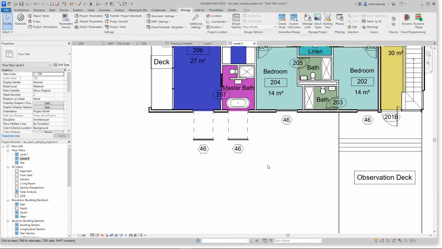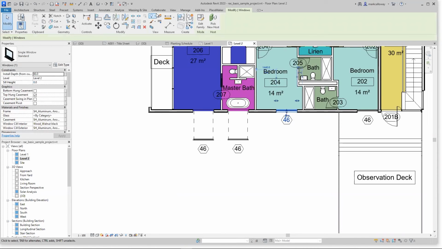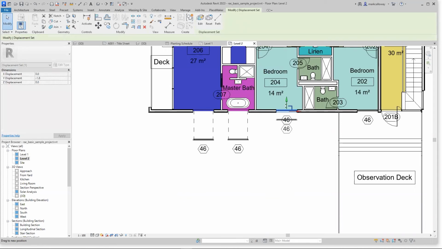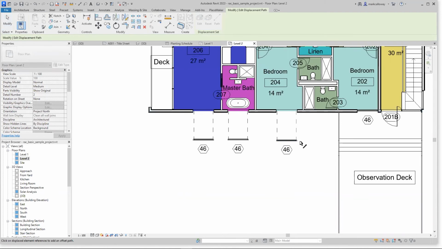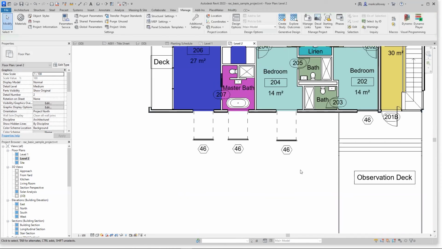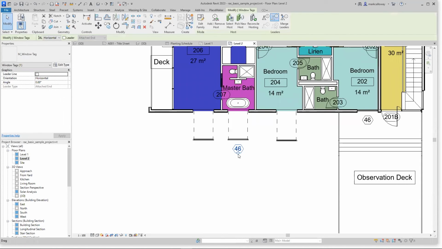Okay. We can also have multi-leader tags as well. If I just finish displacing these windows here, because we'll do that with these particular tags. Okay, so we have a type mark number 46 for all 3 of these windows. We have 3 tags showing the same value. If I get rid of the additional 2 and we just stick with this 1 tag, we can make this